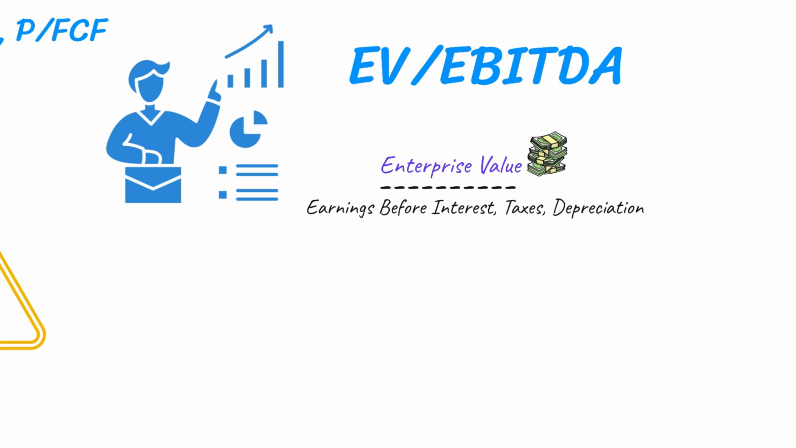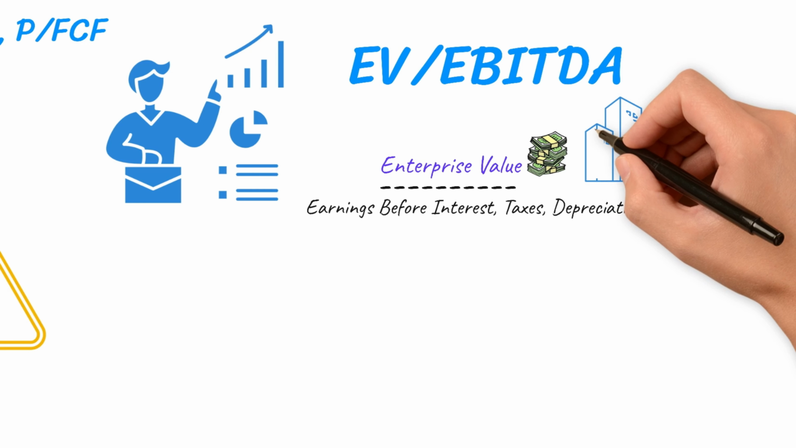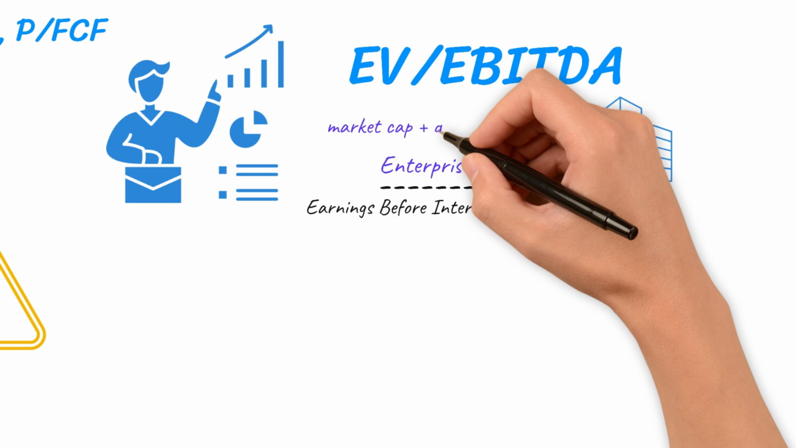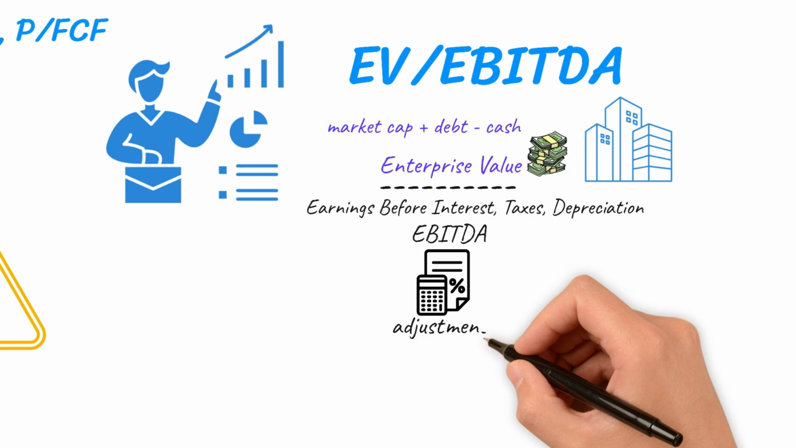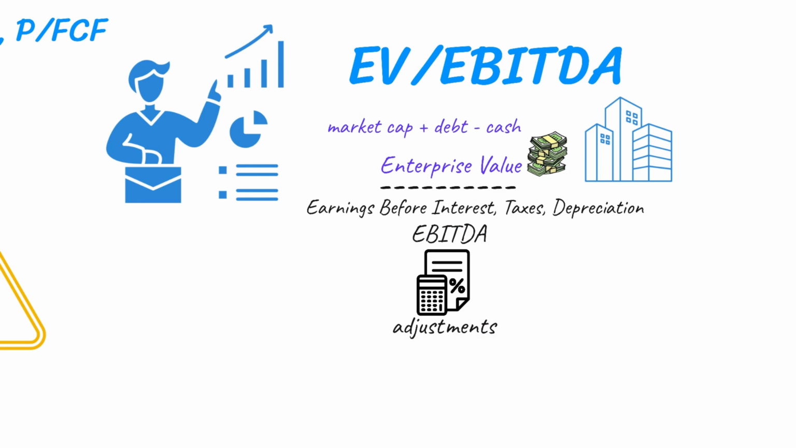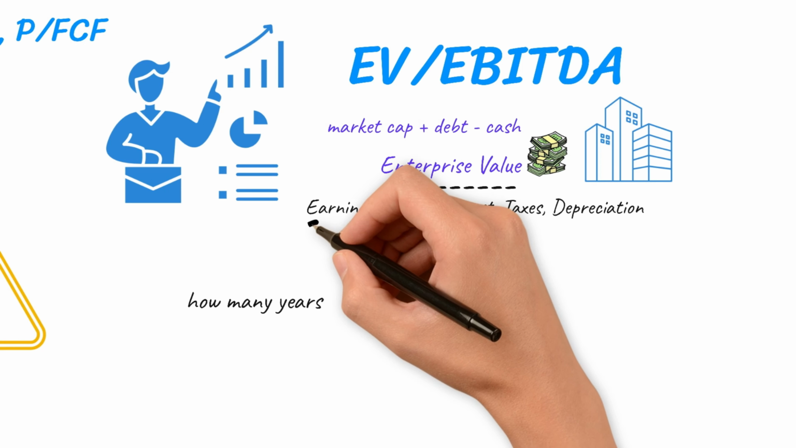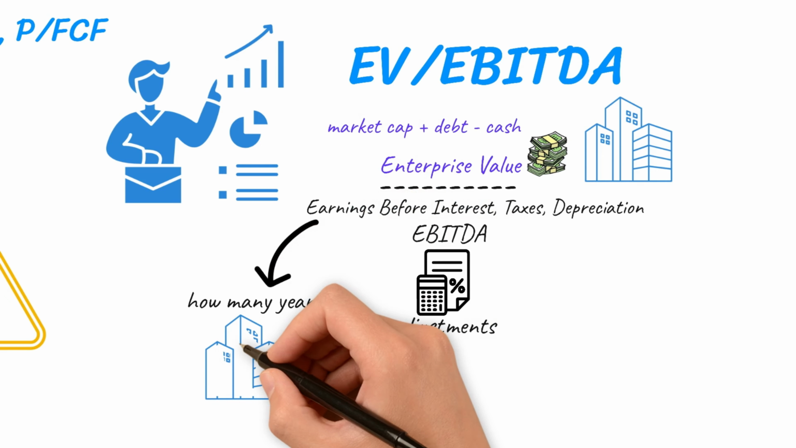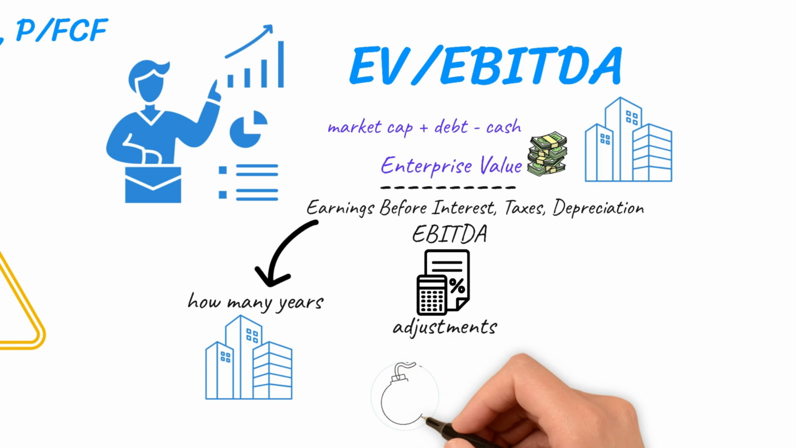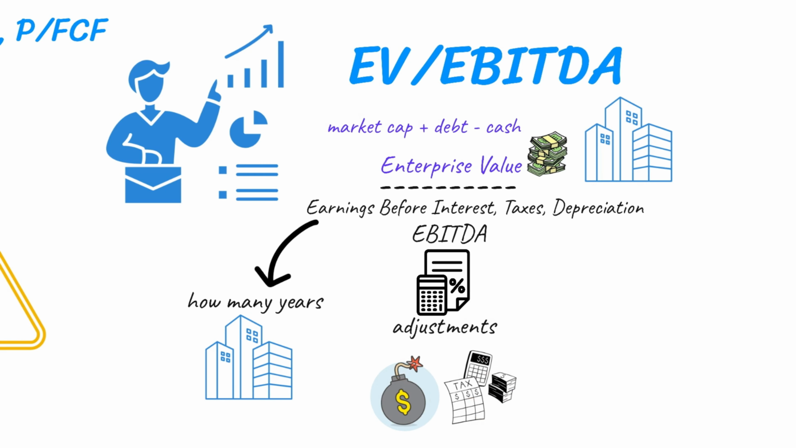EV is the total cost to acquire the entire company, market cap plus debt minus cash. EBIT is the raw operating profit before financial and accounting adjustments. Together, EV over EBIT answers how many years of core operating profit it takes to pay back what you spent buying the company. It strips out debt structure and tax differences, which makes it ideal for comparing companies across